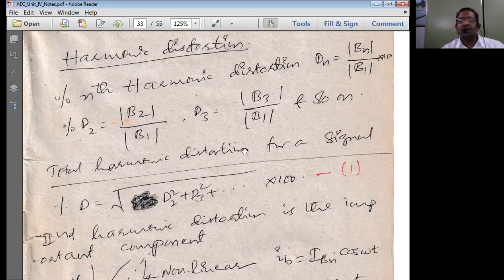So in the next session, we will derive the expression for the distorted output for a class B type of power amplifier. As class B is the practical amplifier, I am dealing with the distortion equation for the class B type of power amplifier. Until now in the examination, the examiner has been asking about the distortion equation in the class B type of power amplifier. So in the next session, we deal with the distortion equation of the class B type of power amplifier. Thank you very much for today's session.